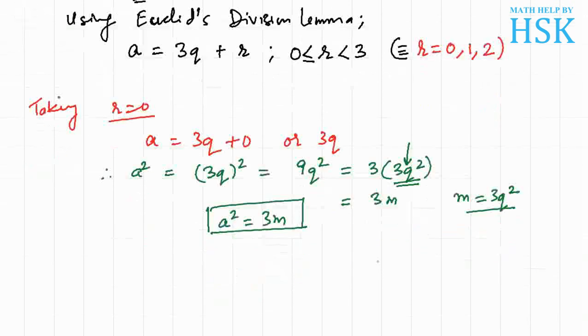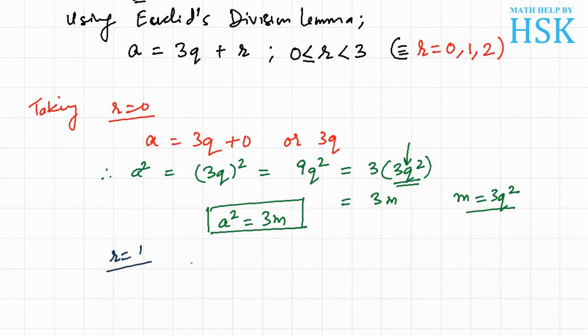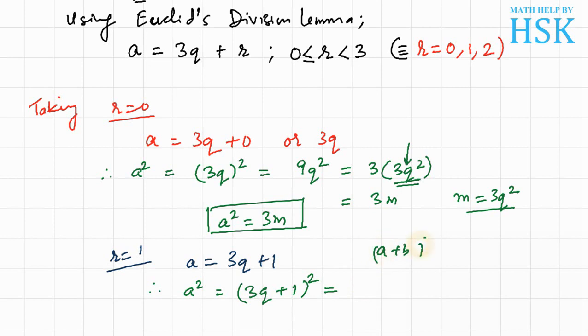Now for the next part I take r is equal to 1. So we can write a is equal to 3q plus 1. Therefore, a square is equal to 3q plus 1 whole square. On squaring this, that is applying the formula for a plus b whole square, a square plus b square plus 2ab, I get 9q square